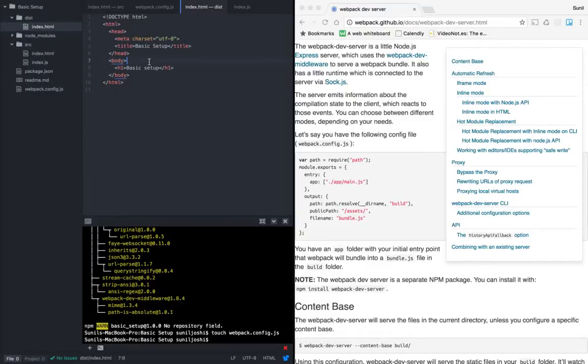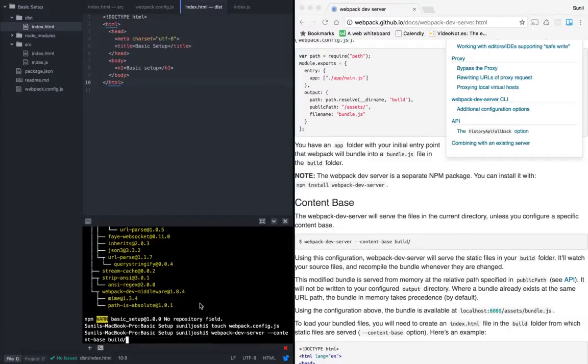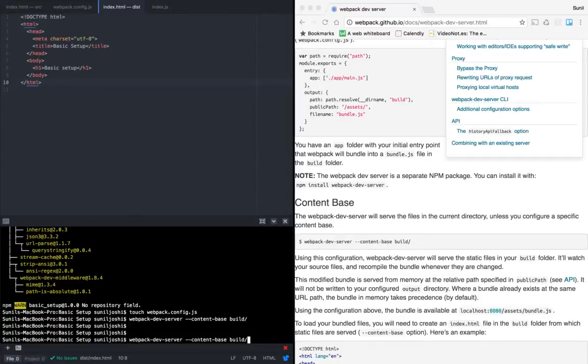To run this dev server, here is the command which it has given us, right? So webpack-dev-server, and this is the content base. I'm going to copy it, oops, I've copied here, I should be copying here. Okay, let me have some space here. Right now it is saying the content base, it was assuming it as build, but our base is dist, right?